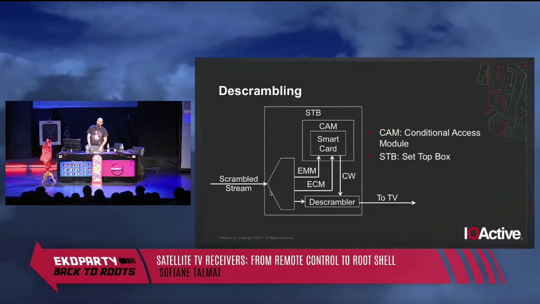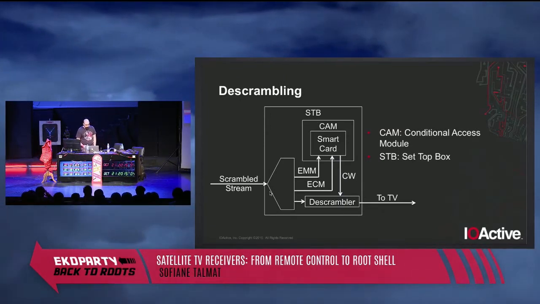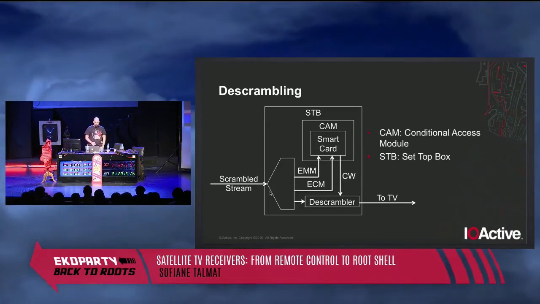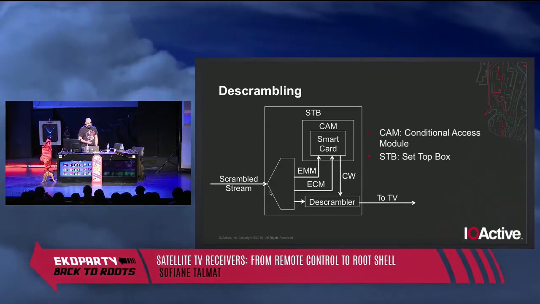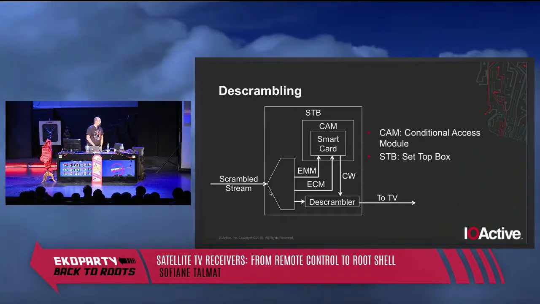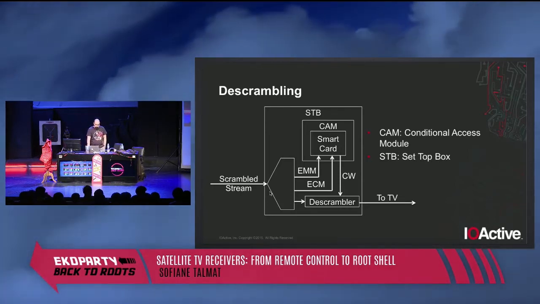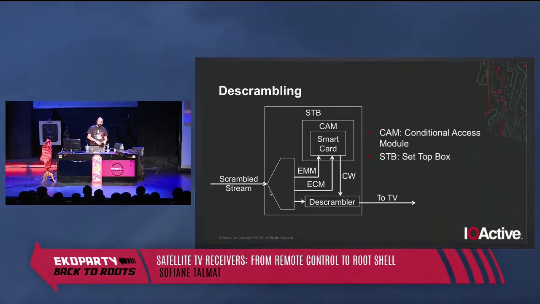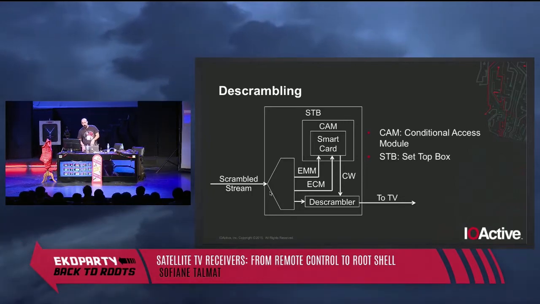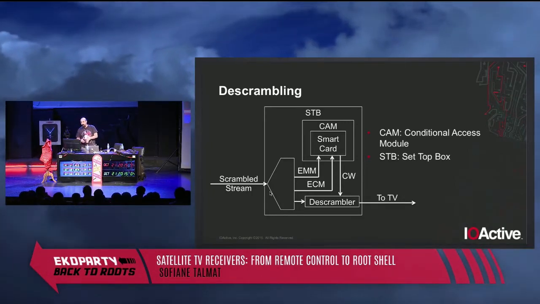Once it's received into the STB, the set-top box, the control word is extracted from the ECM, from one of the entitlement messages, within the smart card, and then it is used to descramble the stream. So this is the thing. So actually you need to have an official subscription with an official smart card